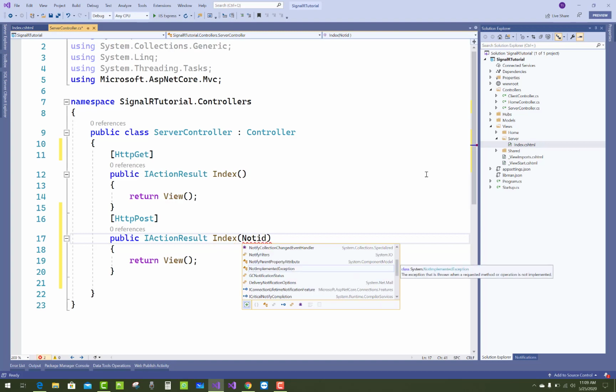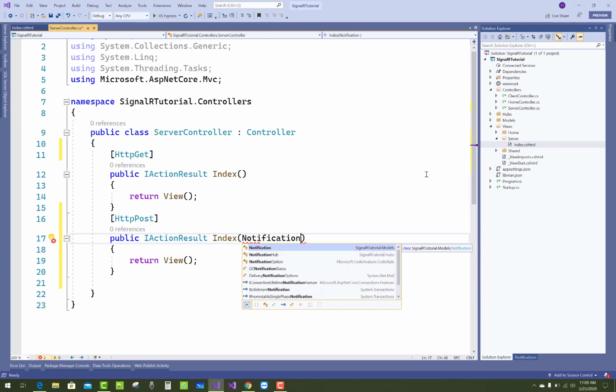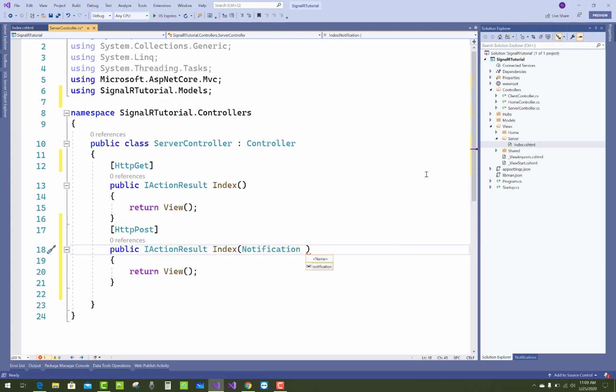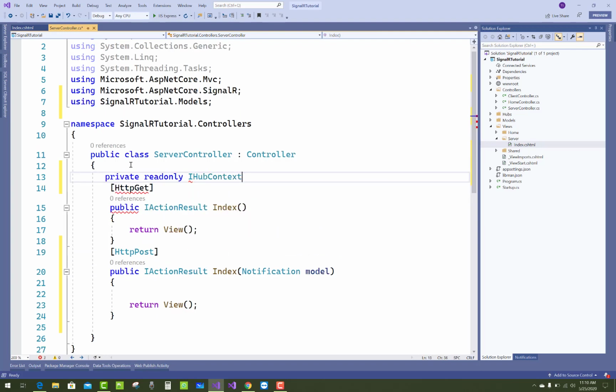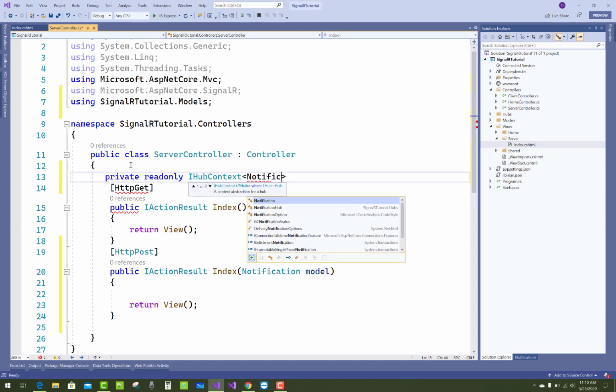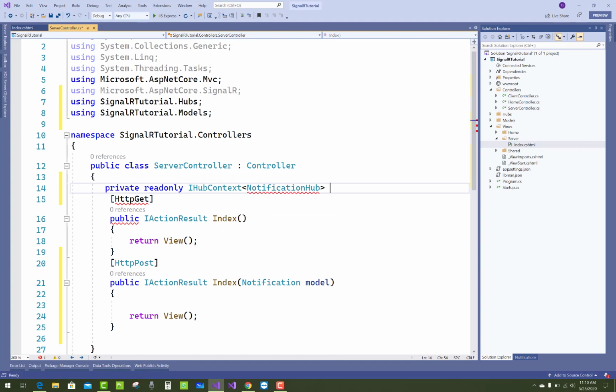So you can use IHubContext, and in the IHubContext interface you have to add a notification hub. So add a private readonly IHubContext, and in which you can pass the class name of the hub, which is inside the Hubs folder, that is NotificationHub, and the variable name is notification hub.